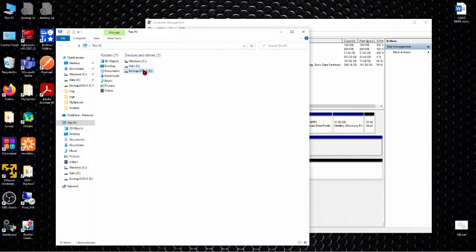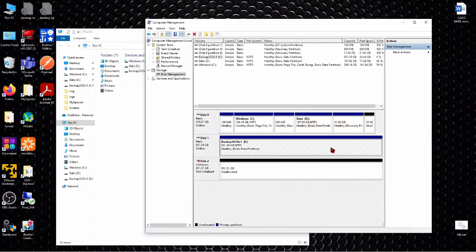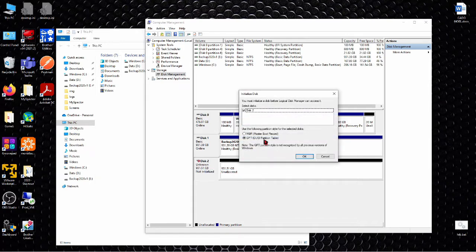So I have 3 logical disks, but physically 2 disks. The 1 terabyte NVMe drive connected with USB-C is currently not displayed. So we are going to initialize the disk. Here there are 2 options. MBR is the old generation of the disk, and GPT is the new generation of the disk.